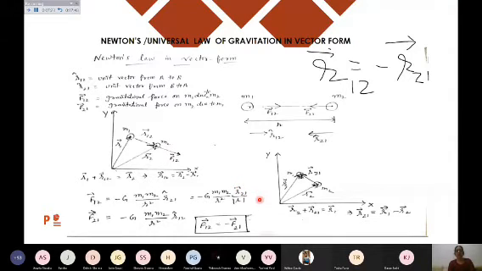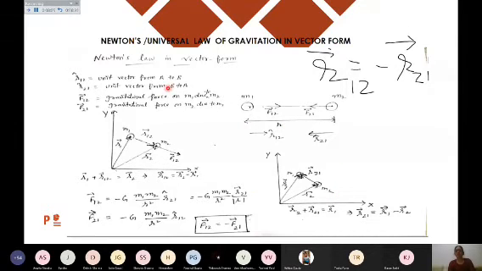So by the knowledge of vectors, you should be able to differentiate between the cap and the vector sign. Cap is for the unit vector. And if I'm putting the vector sign, I mean the vector along with its magnitude. So similarly, if I'm writing F21, this will be equal to minus G M1 M2 divided by R square into R12 unit vector. Unit vector means I'm simply writing the direction. I'm not affecting the magnitude of this force. Force magnitude remains the same, but the direction will be given by the unit vector that is written by the cap sign. So this is how you have to write it in the vector form.